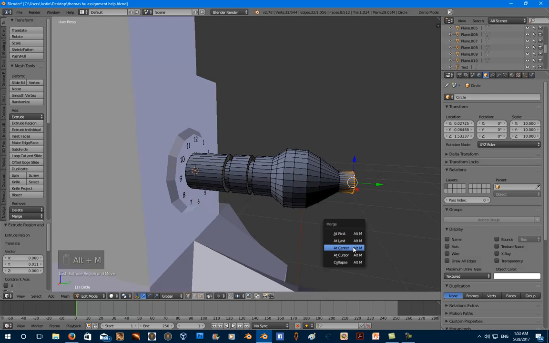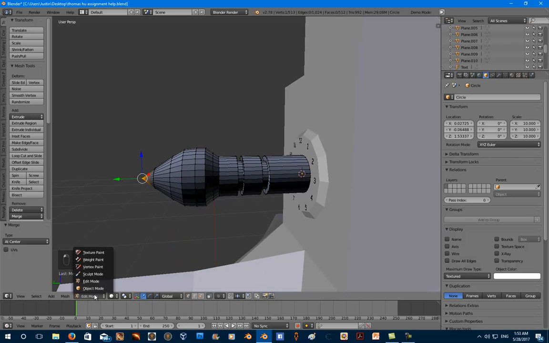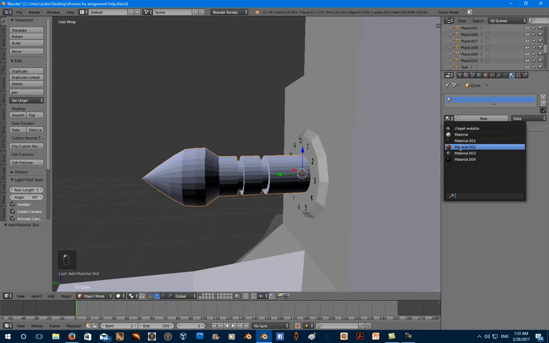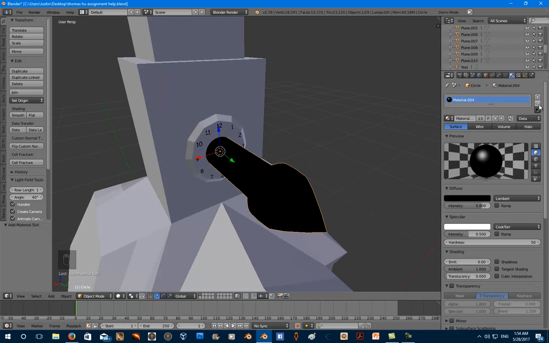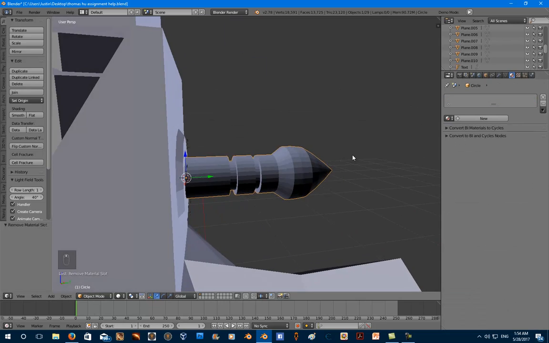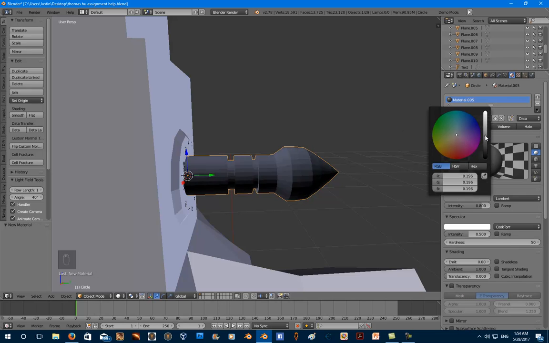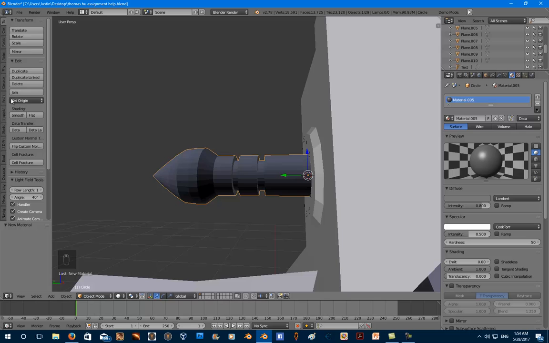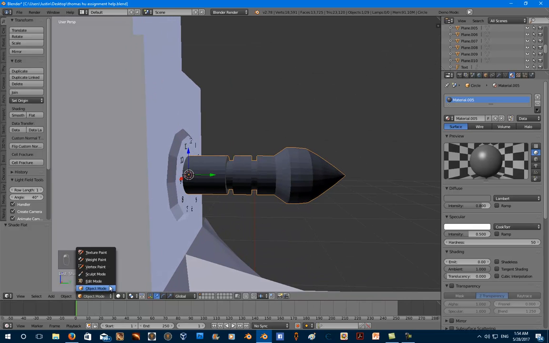Now, Alt M at center, and that's going to be our hook face. If we remember, that was going to be material 04, and as you can see, that's too dark, so we're not going to have that material 04. We're going to make a new material, and this one is actually going to be a grey, so we want it about there. Now, yes, I know it's not smooth, we can fix that by doing that, but for the sake of the purpose of this render, what we're going to do